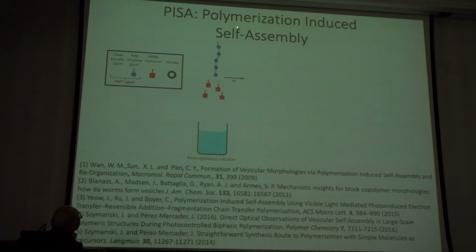There's a way of polymerizing, which is called polymerization, used in self-assembly, where you start with very simple molecules. This is polyethylene glycol, it likes water, and then you can have photochemistry that will attach monomers here. You can choose a monomer, for example HPMA or acrylonitrile, in such a way that when the monomers join here, it will generate a molecule which has a hydrophilic part and a hydrophobic part. The 2 of them